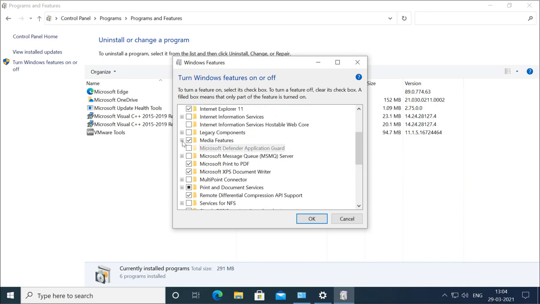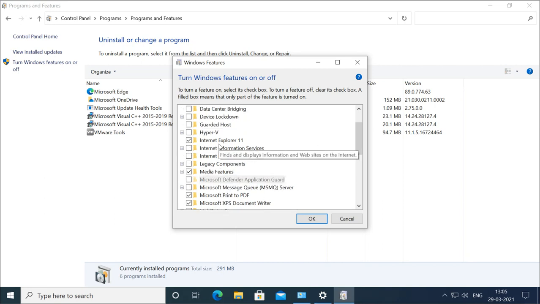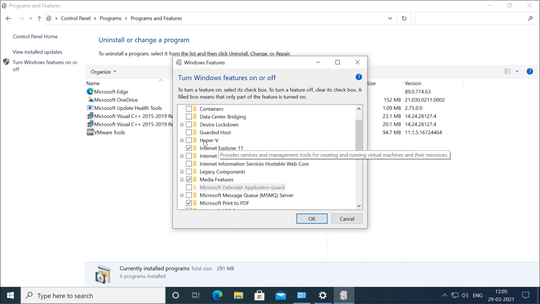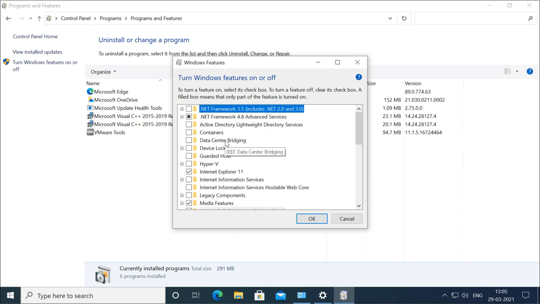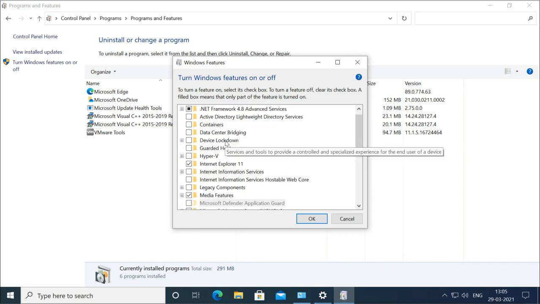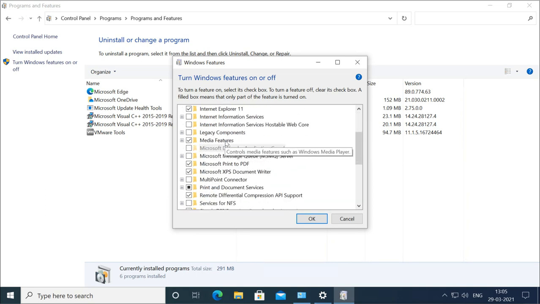So if you select, you can see these options are also there. And there is Hyper-V also, and the client Hyper-V is basically not enabled by default. So if you like, you can enable some of the features from here.